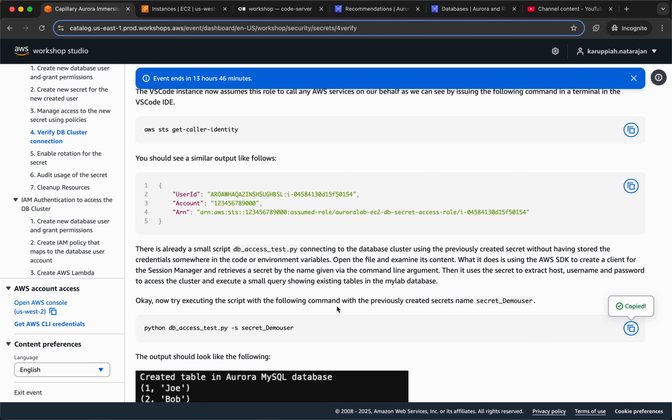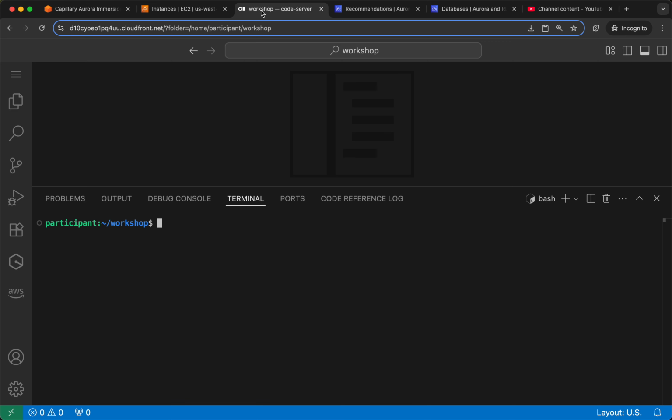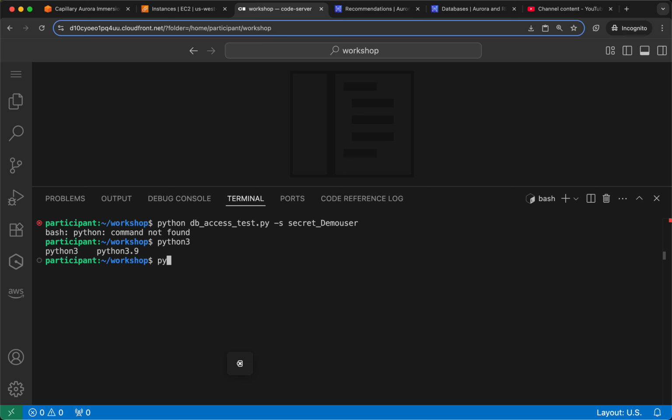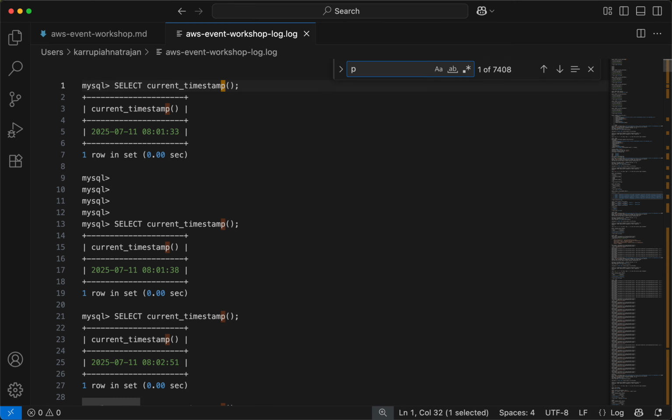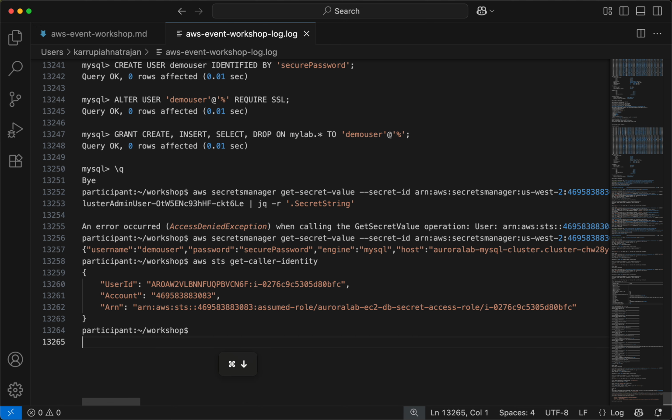So let's copy this and try executing the script with the following command, with the previously created secret's name, secret demo user. Oh, Python command not found. Interesting. I think it's Python 3. Yeah, every time we wrote Python 3 only. Anyways,